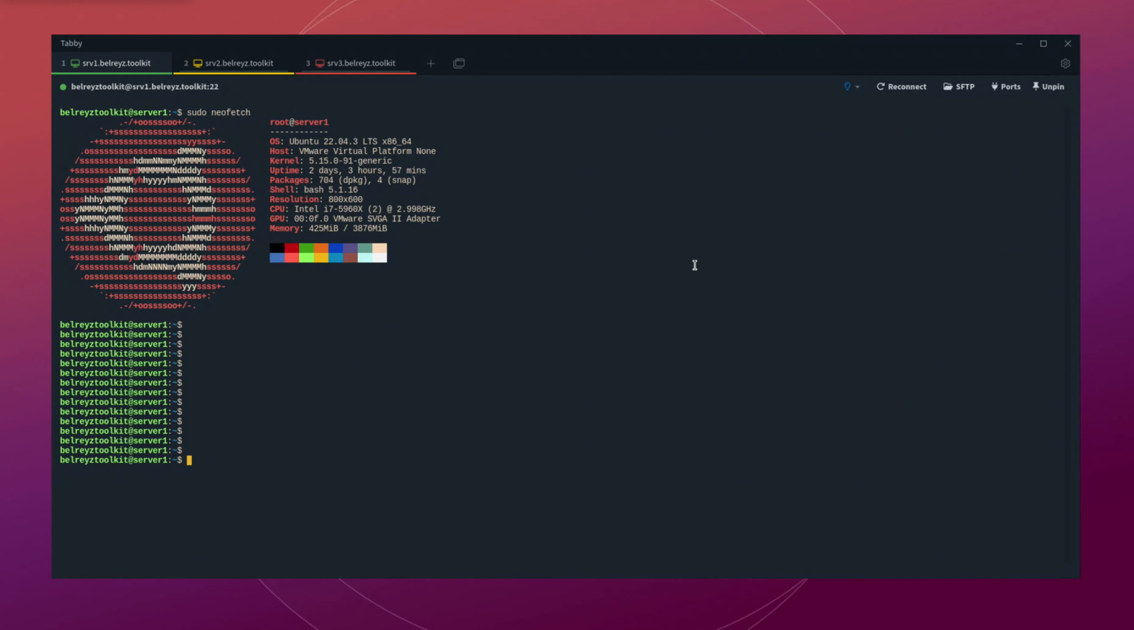Hi guys, welcome back. In this tutorial, I will show you how you can run Docker commands without the need